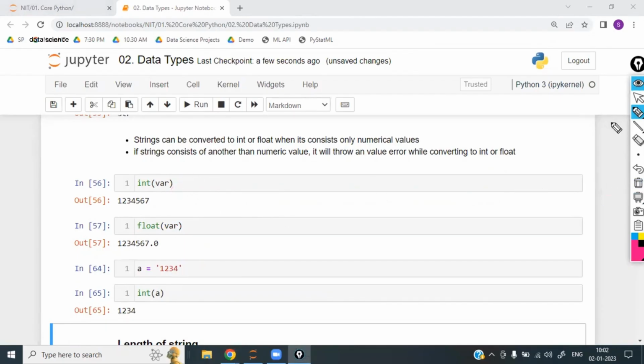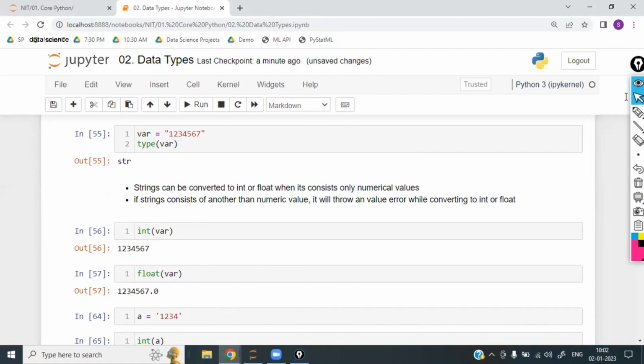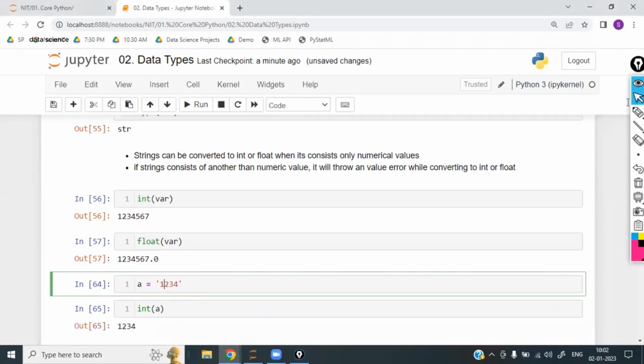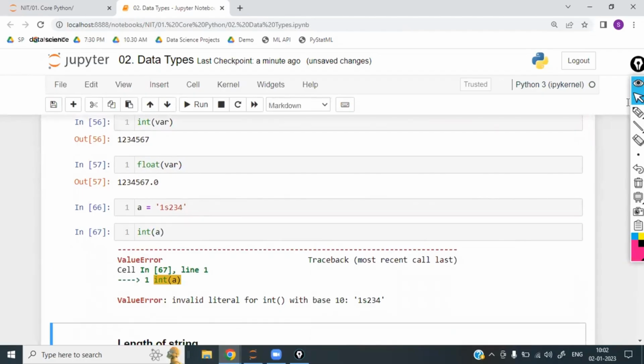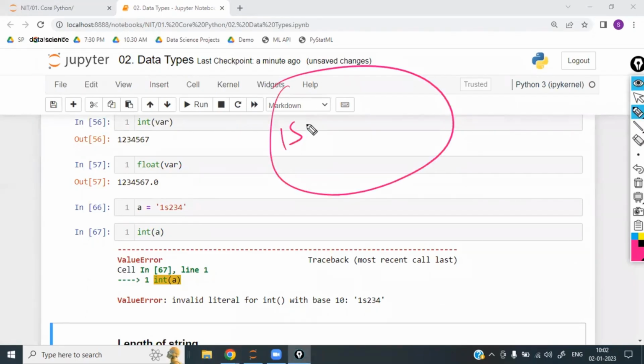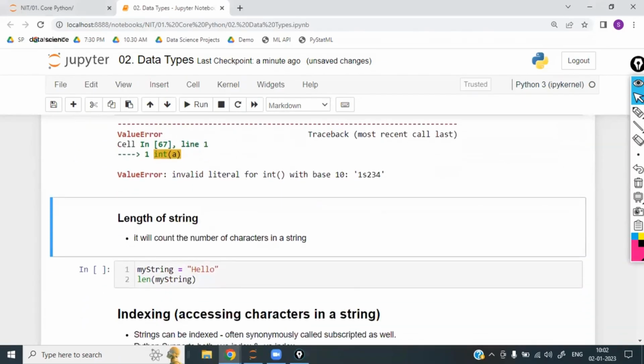Now, var is equal to string. I have converted to int and I have converted to float. Strings are converted to int, strings are converted to float. Strings cannot be converted if they have anything apart from numerical values. It will throw an error. If you have any special character also, conversion will not work. But the object will be saved. There is no problem, because it is a string, so a string object will be created. Conversion is not possible, but creation of the object is no problem. Is that clear? Next one is called as